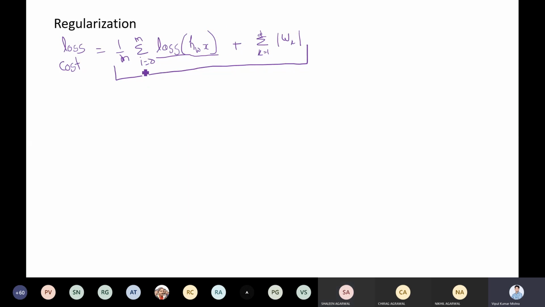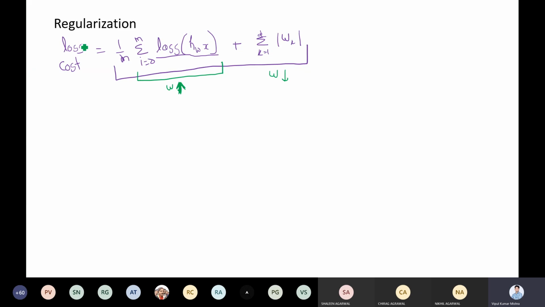Now, as I said, this first part of loss, let me change the color so that it is easy to differentiate. The first part of loss is trying to increase the magnitude of W to reduce the loss. Now, if you look into this second part, it will try to decrease the magnitude of W. Now you can ask how exactly it will decrease.